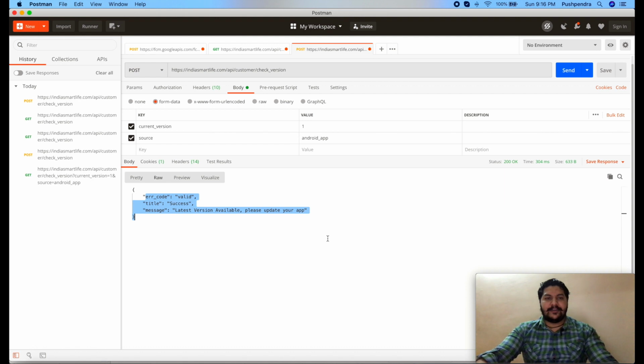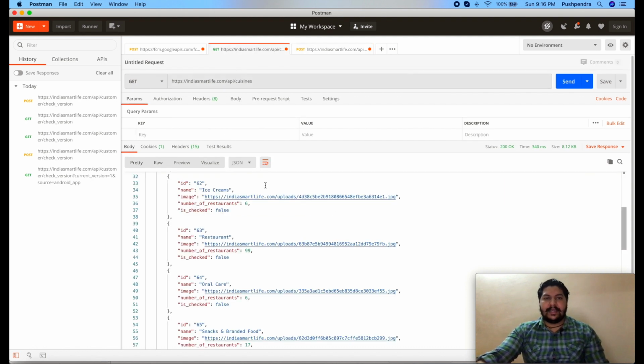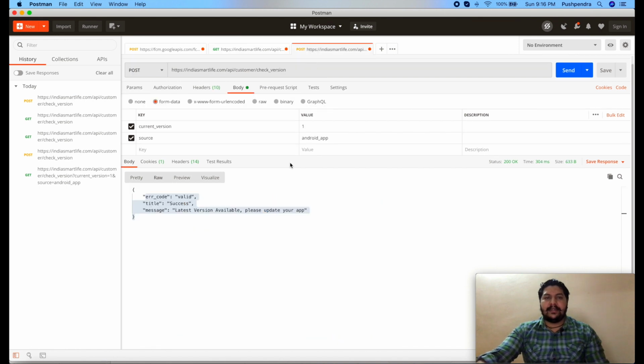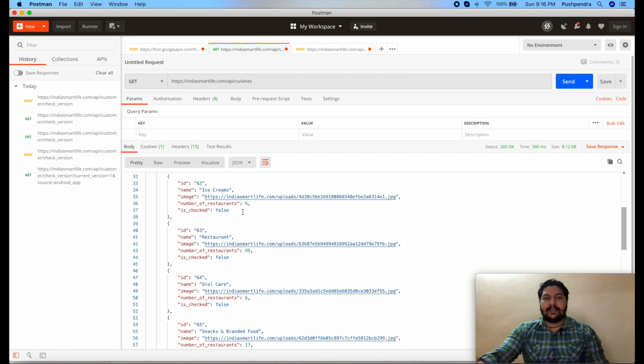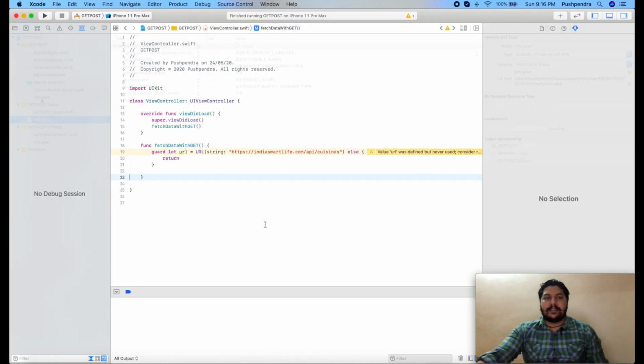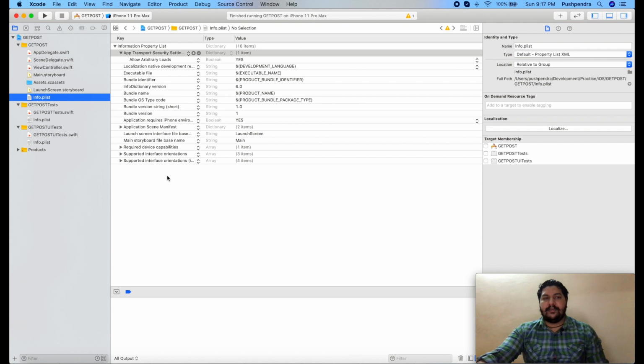So guys, in this tutorial I'm going to integrate both these things. First of all we will continue with get method, then second thing we will continue with post method, okay. And in get method I will also tell you how you can do JSON parsing with a very quick step, okay. So first of all, open your project, and for calling the web services you must require one property in your info plist, okay. So this is your info plist.